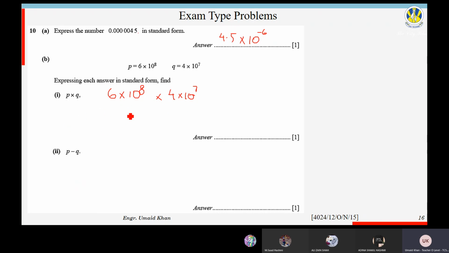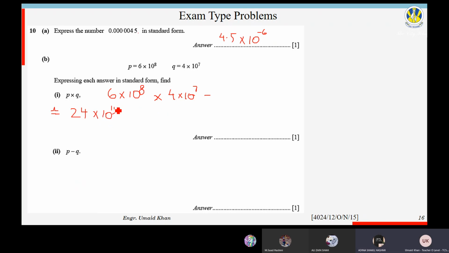your space given in the answer booklet. Some students don't know how to use the space. So this is how you will use the space given in the answer booklet. You will start from here: 6 into 10 raised to power 8 multiplied by 4 into 10 raised to power 7. Now you will simplify. So what will be the answer? 6 will be multiplied with 4, right? You will get 24. And what about the powers of 10? 10 raised to